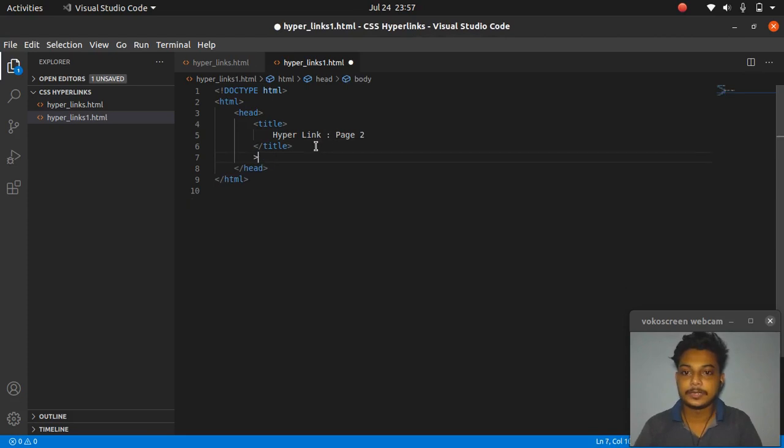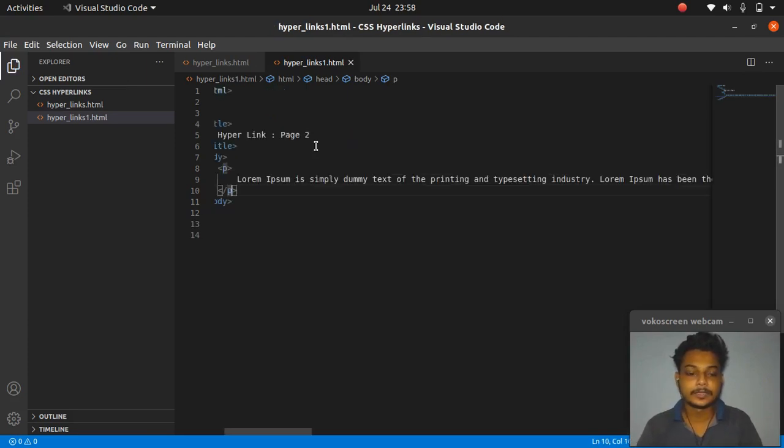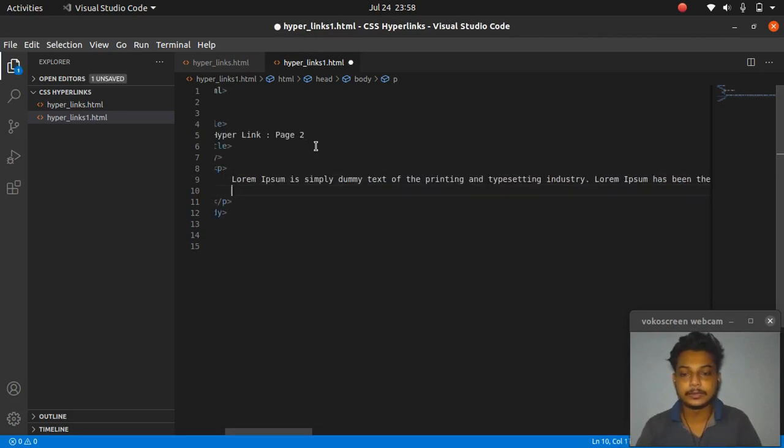Sorry. So we need a body here, and let us open a paragraph here. And add your data here. So now we will add a button or a hyperlink to go back